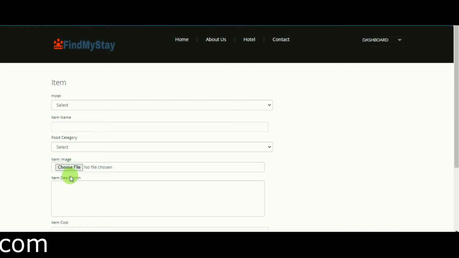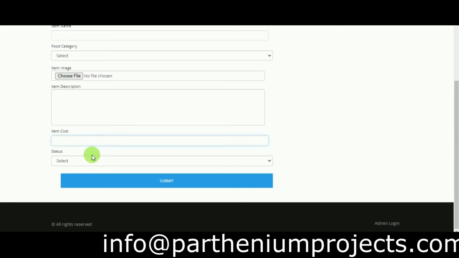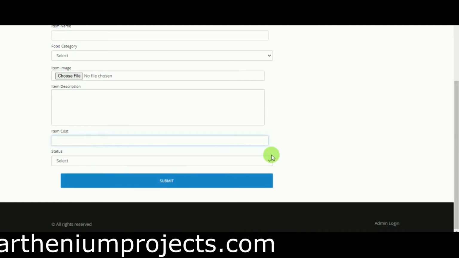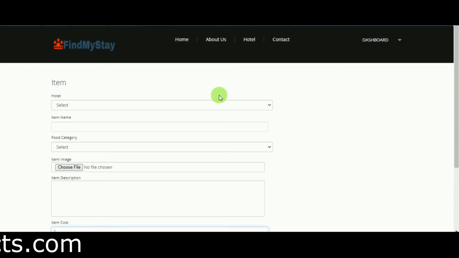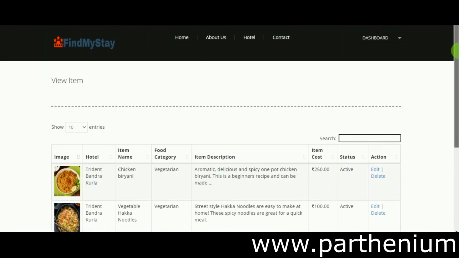Choose the image of the food, give the description about the item, item cost, select status as active, press submit. Next one is viewing the food items. Here you can view the food items,